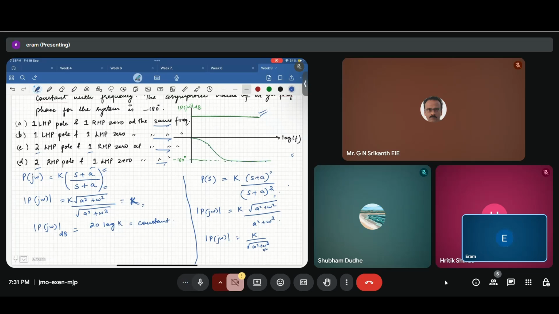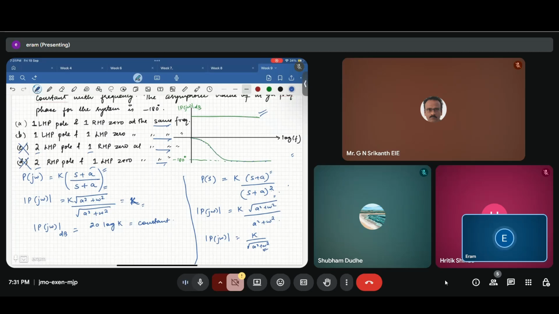So the magnitude is not constant if we have uneven number of poles and zeros. So these two options are for sure not correct, because these two options are saying that we have two poles and one zero, which is not possible to have a constant magnitude Bode plot. Now another thing that we have to guess is